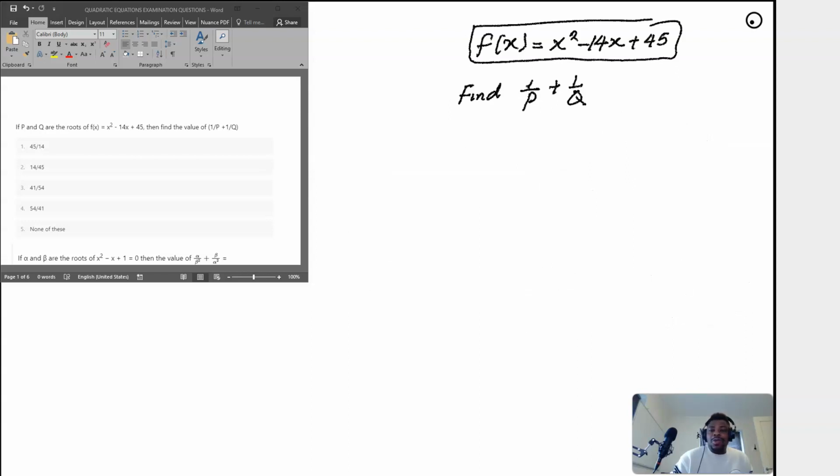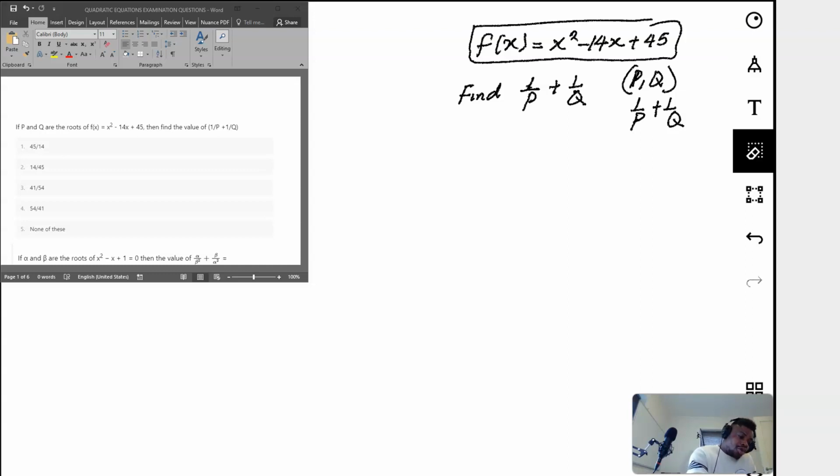Now, let me show you the best way you can solve the question that we just finished solving. Remember, you were told that p and q are the roots of the equation, and you are asked to find 1 over p plus 1 over q, which simply means the sum of the reciprocals. Remember, the reciprocal of p is 1 over p, the reciprocal of q is 1 over q, and you're asked to find their sum. In that case, whenever you have a question like that, all you need to do is to apply